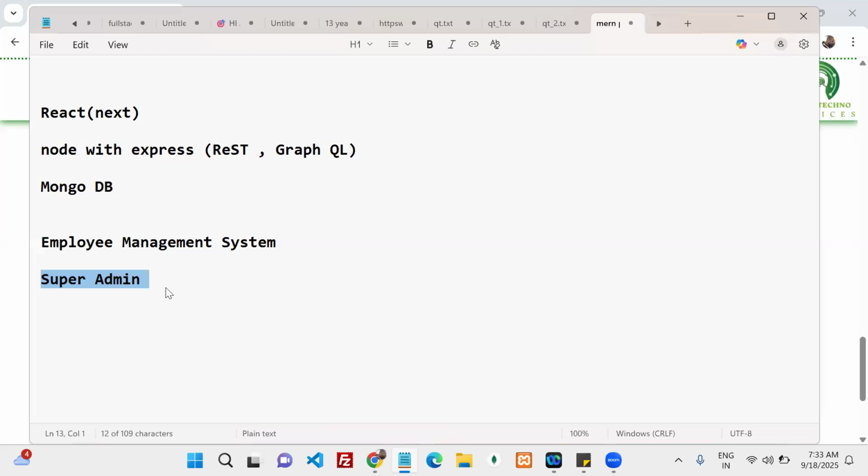Now, each and every organization comes under the admin role or not here? Yes sir. The organization comes under the admin role. Agreed? Okay.